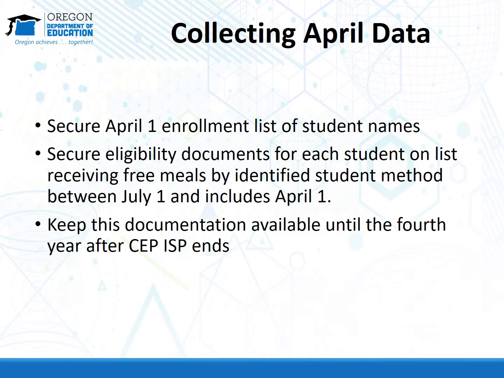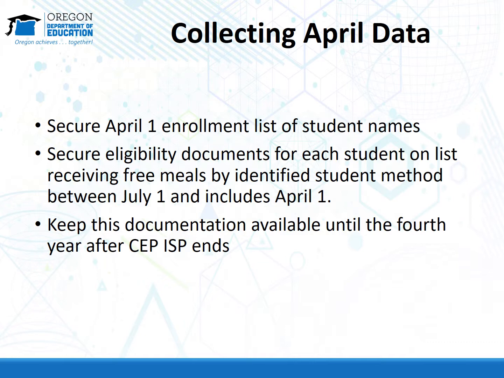CEP eligibility is based on April 1st data. On April 1st, secure an enrollment list by student name for each school you are considering for community eligibility. From April 1st to June 30th, find the source of each student's eligibility. A student may only have one source of eligibility. If the student was eligible for free meals by direct certification,